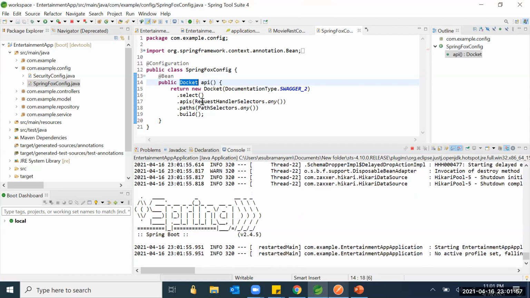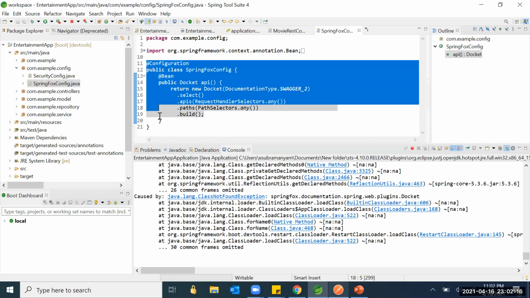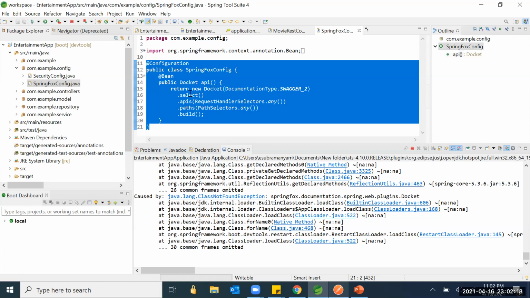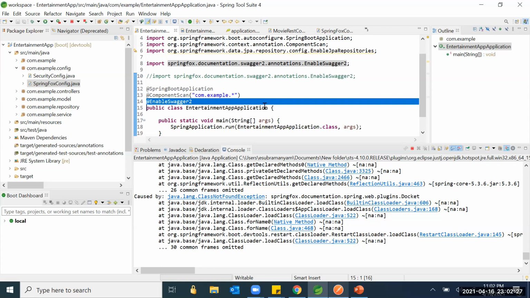The main use of the Docket bean is it will handle all the request handlers, like whatever REST APIs we have in our application, and those paths. It automatically detects and shows them in the UI. That is the main advantage of this Docket in Swagger. So this configuration we should enable. And in the main file we should enable the Swagger 2 annotation. These are the things we should do for Swagger 2 enablement.